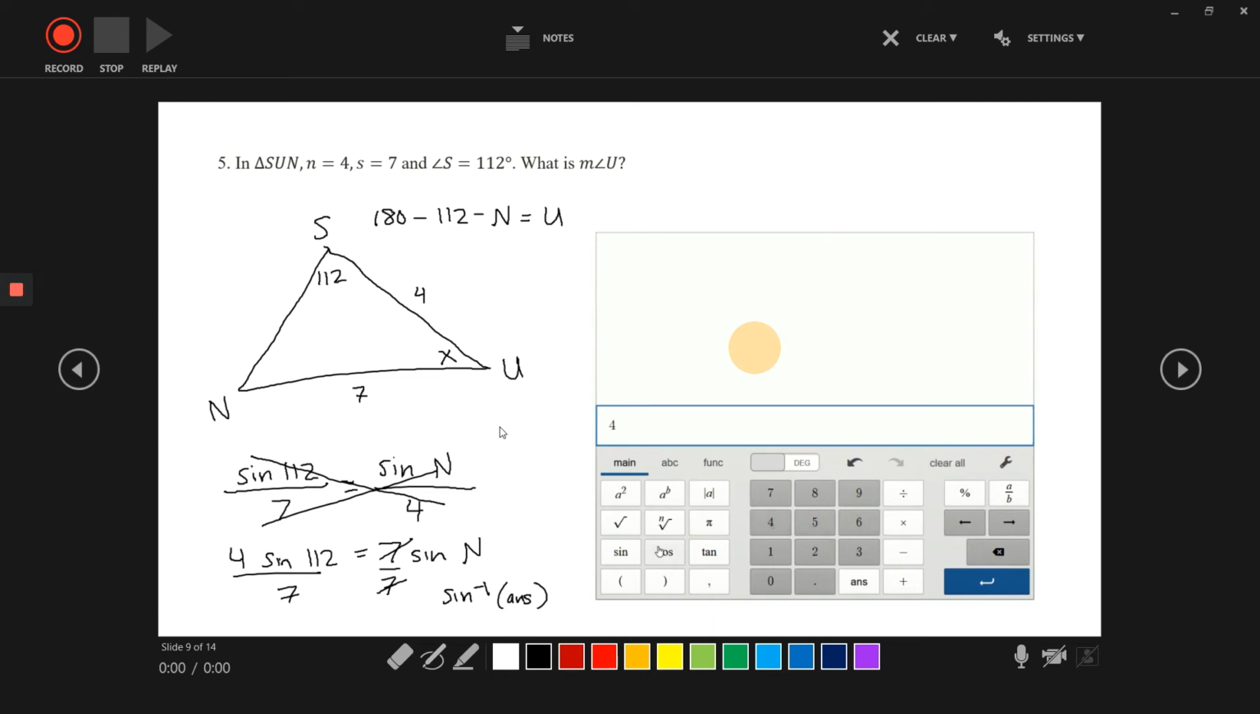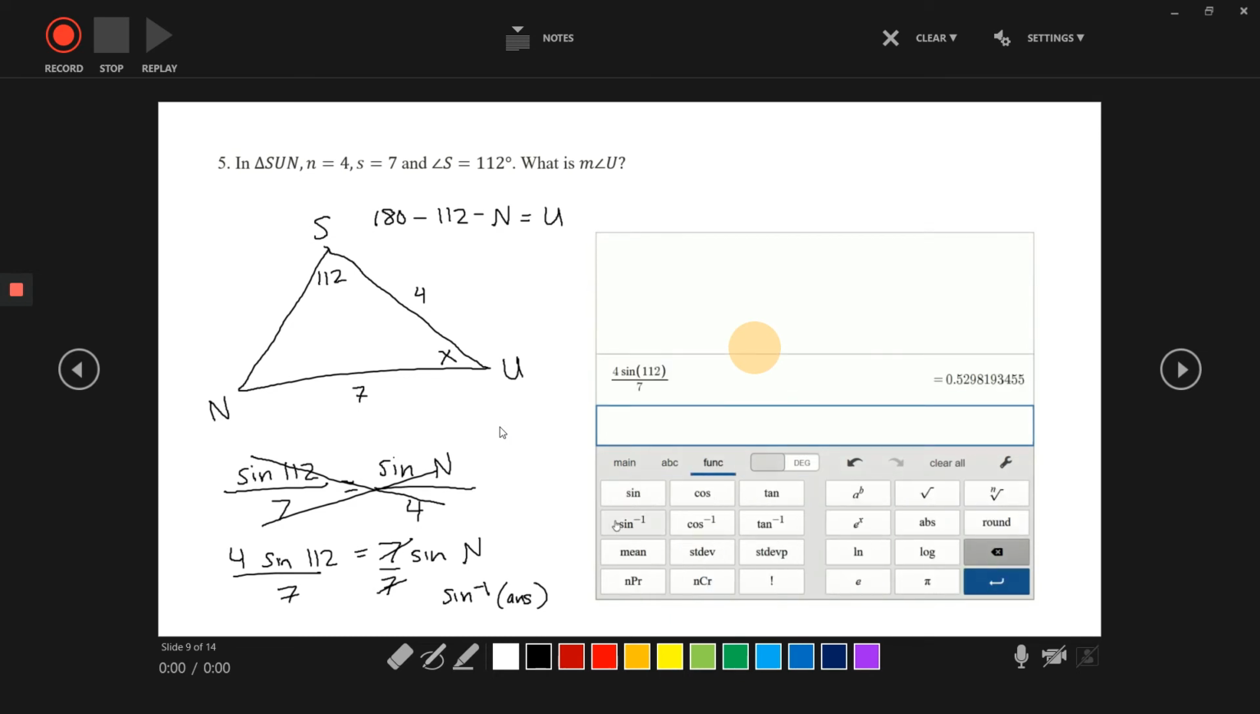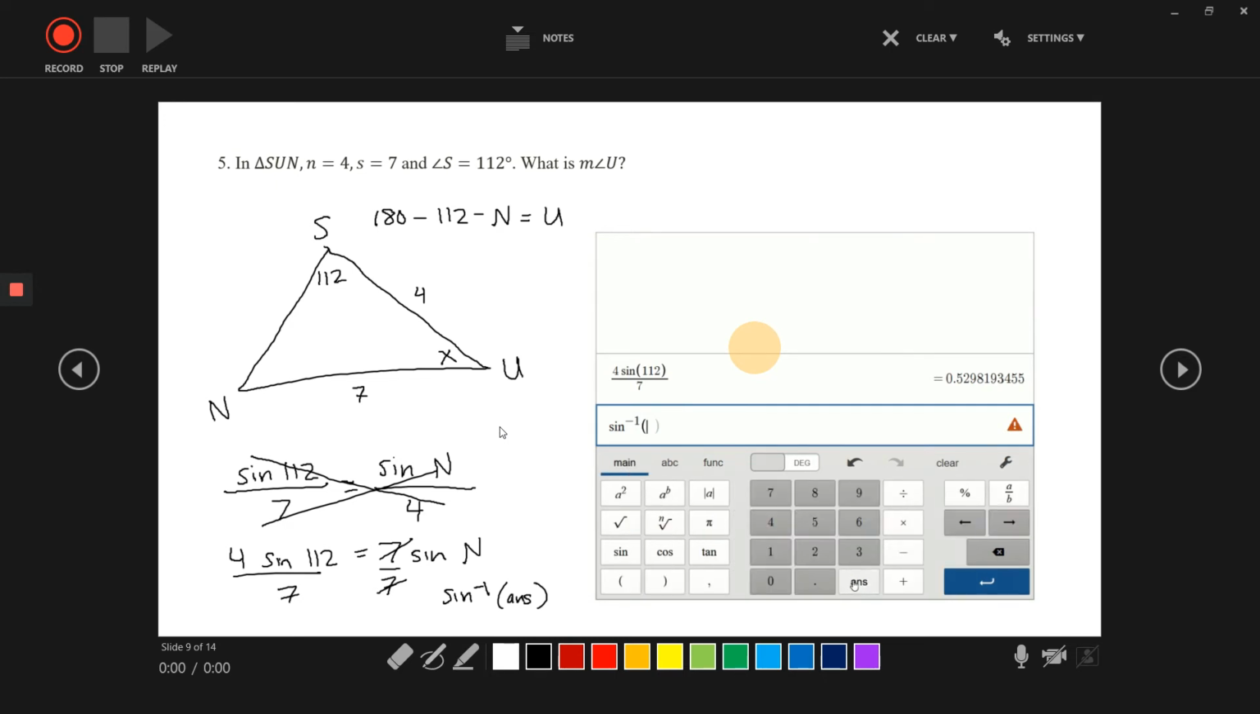So 4 sine 112. I hope you're doing this on your own calculator, so you're not trying this for the first time on your own on your homework. Okay, and so remember, this is the sine of the angle, so now to get the angle out of the sine, we're going to use the sine inverse to cancel out the sine. Pop in the answer. Okay, and then we have to do 180,